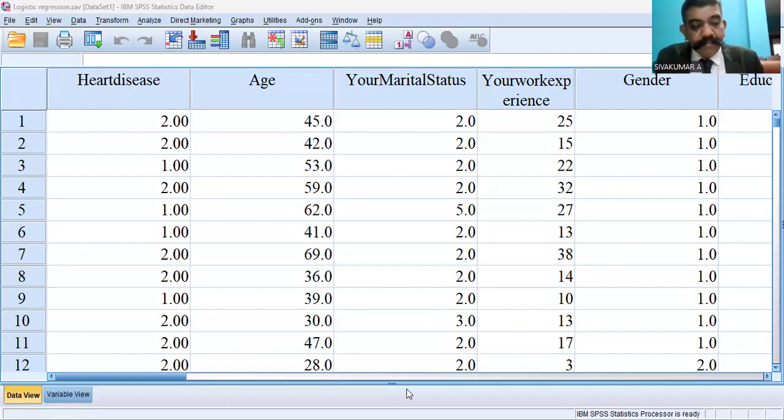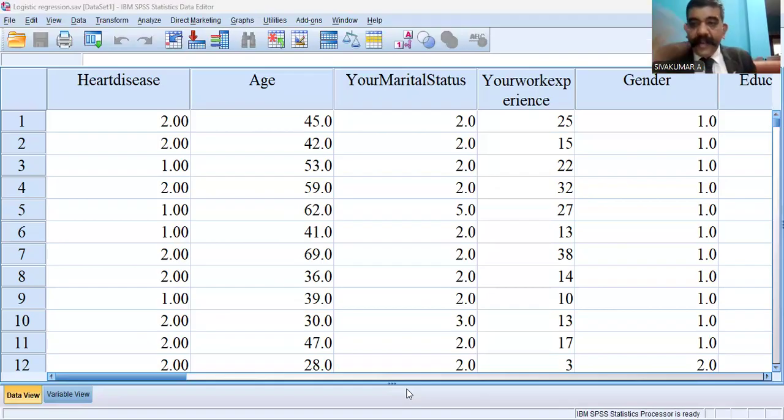I'll read the question once again. A health researcher wants to be able to predict whether the incidence of heart disease means yes or no. Whether you have heart disease, the first answer may be yes, the second answer no. Some respondents will say yes, some respondents will say no. That is the point. Your dependent variable should be measured using a yes or no scale.